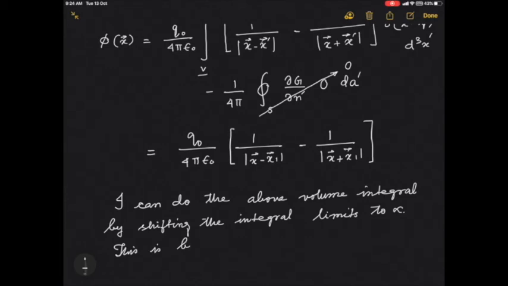Why is this? This is because x1 is guaranteed to be